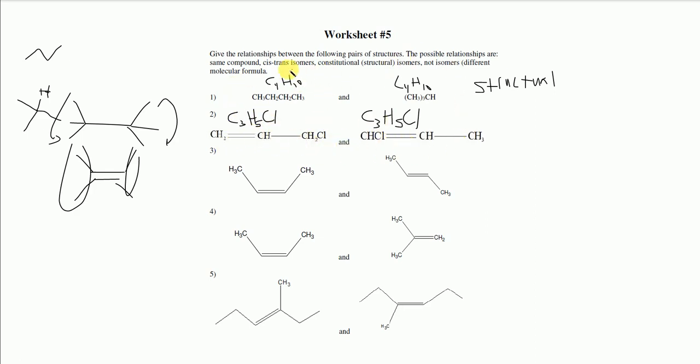Okay, so now I need to determine if they're cis-trans isomers, right? Or constitutional isomers, so that's the structural. And if they're not isomers whatsoever, we've already determined that they are isomers, and whether they are the actual same compound, just flipped in a different way in space. Okay, so a cis-trans isomer is, for example, let's say I had this double bond, I had hydrogens,